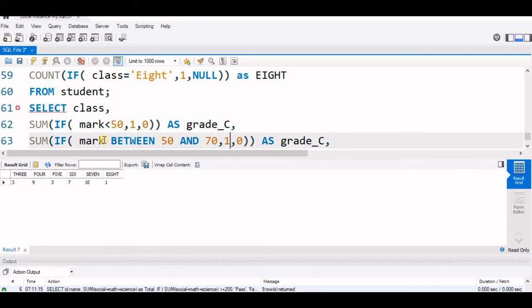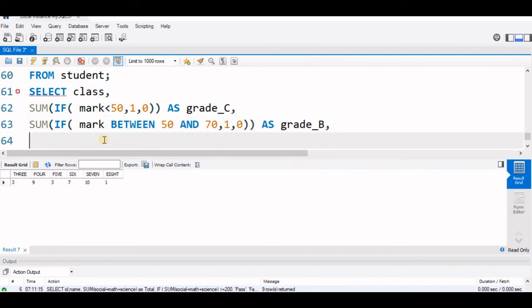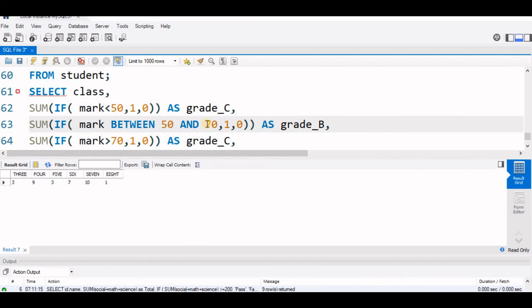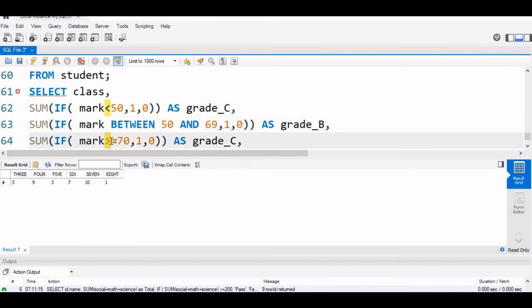Then again the same 1 and 0 as grade B. Now again let's paste it, one more grade we'll add as grade A. If mark is greater than or equal to 70, then we'll say it's grade A.